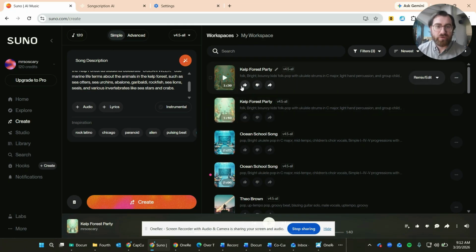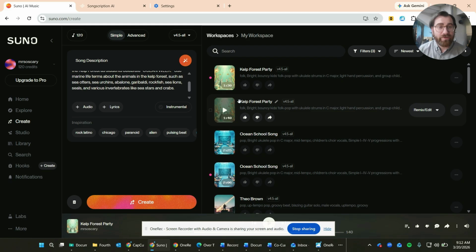And it gave me two options. So we're going to listen to one of them, and then we're going to pop it into Songscription and see what it does, see what it looks like, and see how we can use it. So